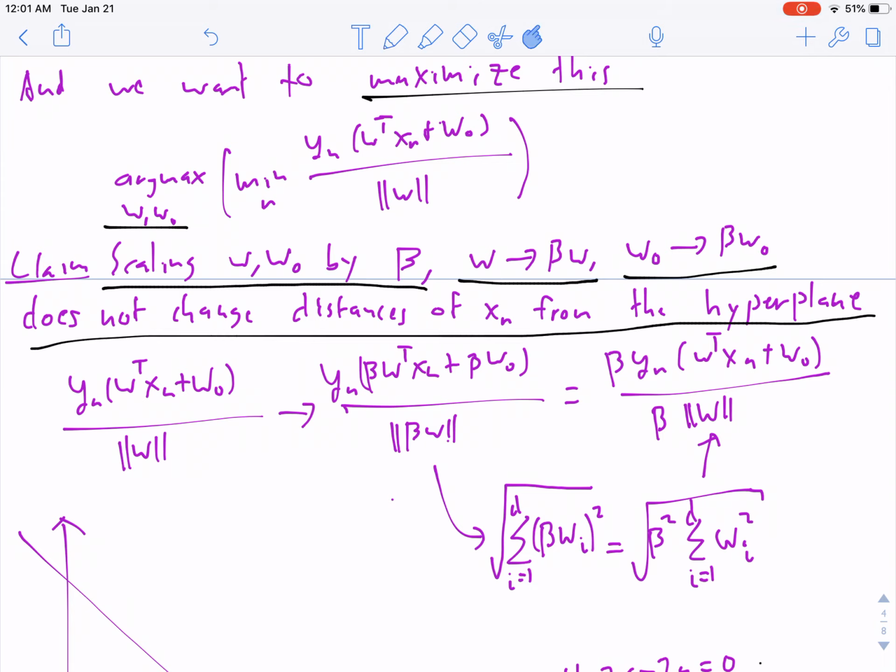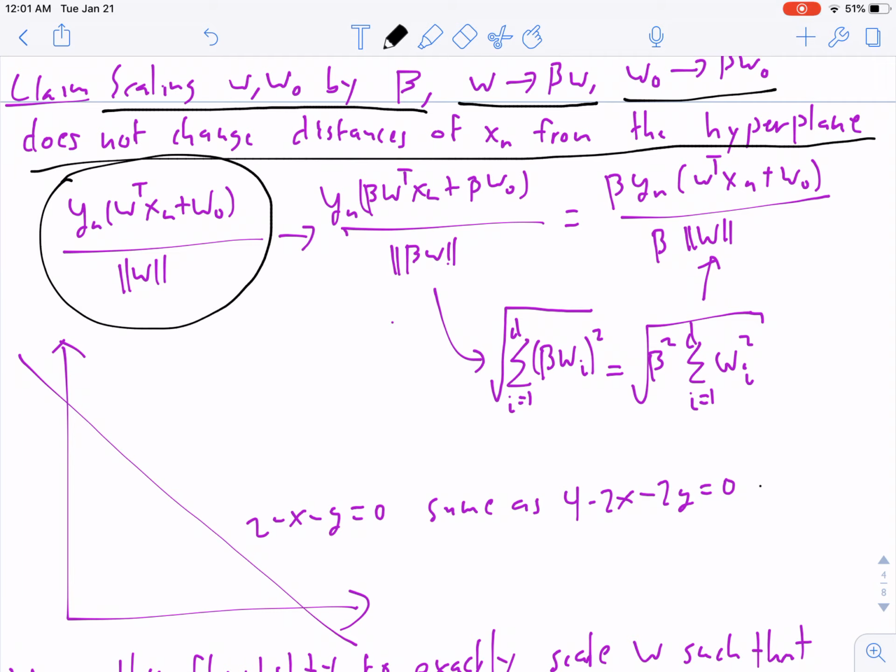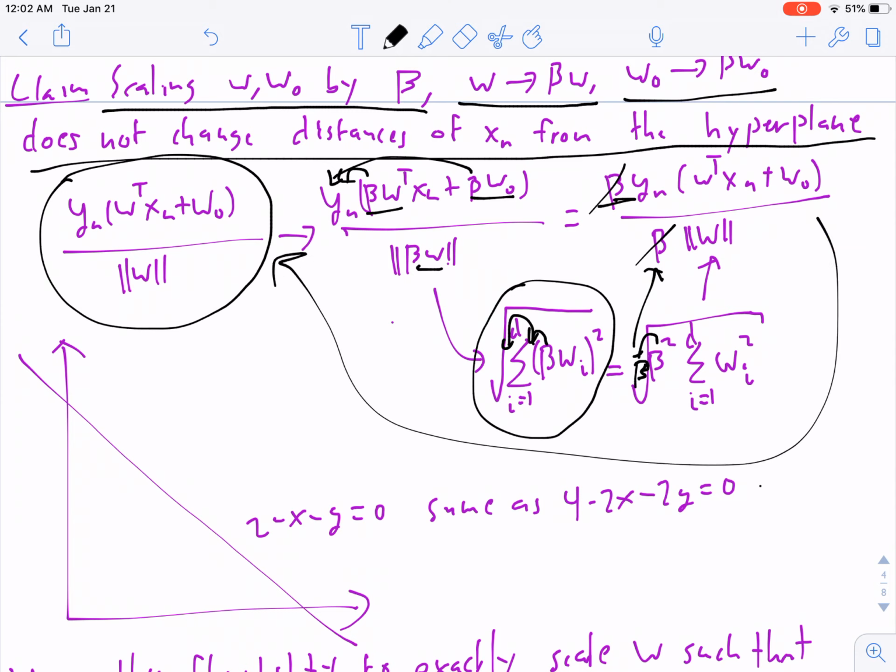How are we going to do this? Well, we'll take for arbitrary x the formula for the distance between the hyperplane and that point. We'll substitute in beta W and beta W naught. We're going to pull out these betas, and that gives us this beta in front here. The norm of beta W, I've written it out explicitly here, but the beta will come out of the squared, and then it'll come out of the sum because it's not dependent on i, and then it'll come out of the square root, but we'll just get a normal beta outside, and I've put that here. So we just get normal beta times the norm of W. We'll cancel these out, and we'll see that we get the exact same thing that we started with, which proves